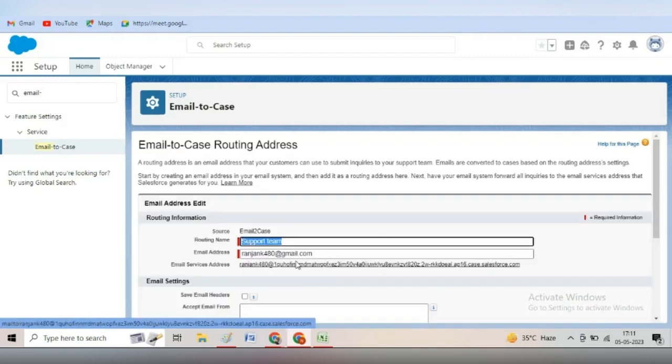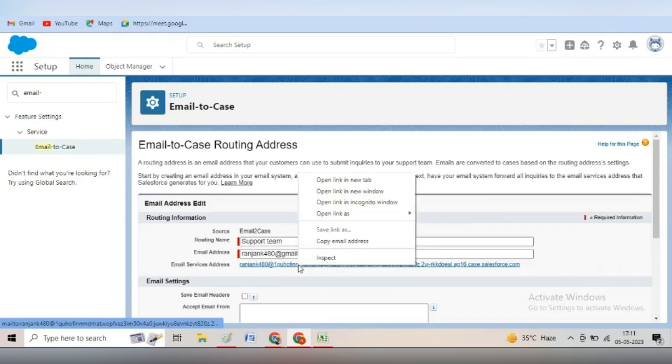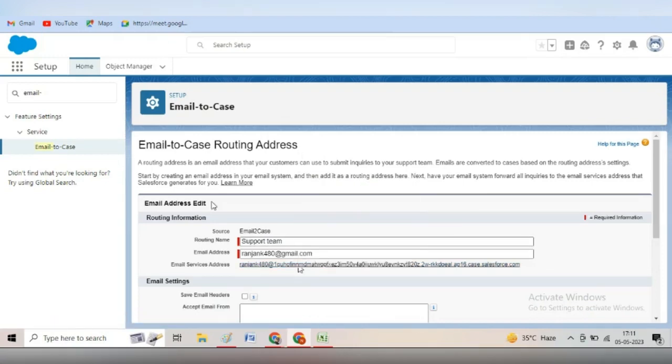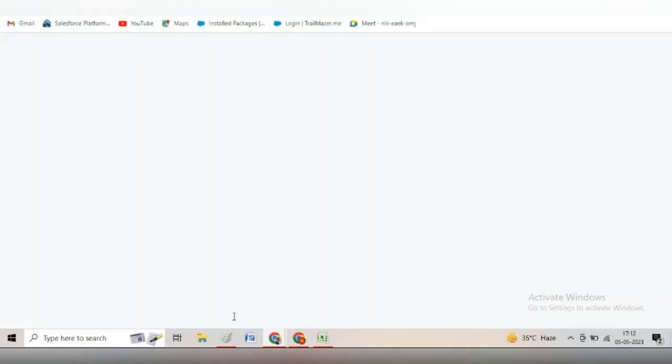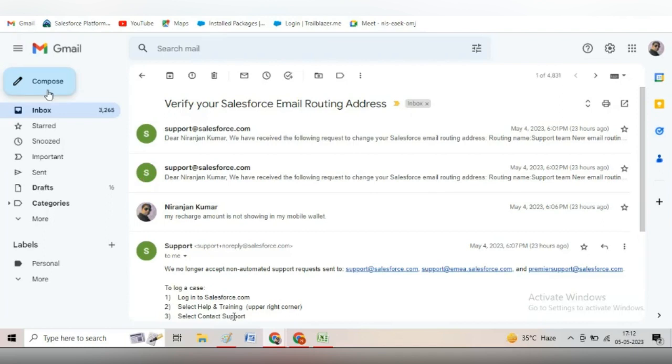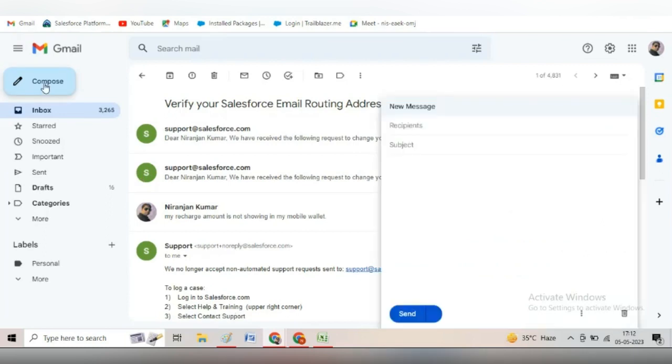and just copy this link and go to your email, whatever email you had provided. So this is my ID. I had provided this, and here you just need to paste it. And for subject, suppose regarding recharge complaint,